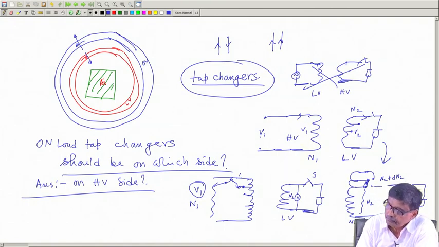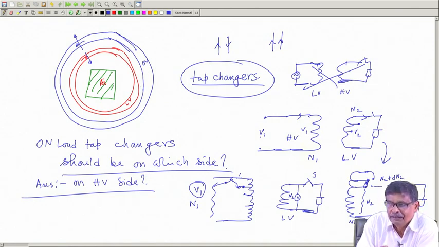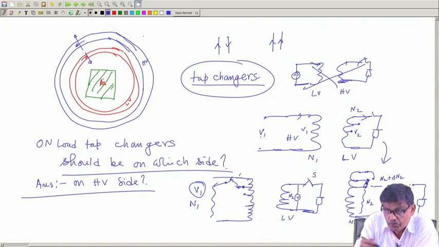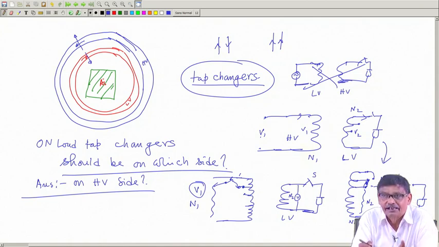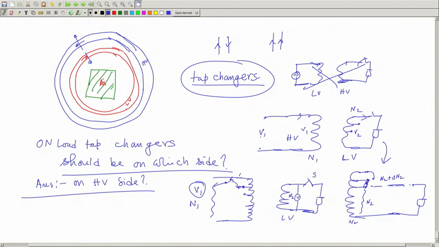Got the idea? Therefore, it is interesting, I leave it to you to analyze this. So, N1 must be decreased, and you see it is nicely matching with the construction of the transformer. This is the core, LV winding, then comes your HV winding, and the HV winding tappings you want to take are on the outer side. You can easily take the tapping. It is difficult to take tappings from the LV side, from in between.